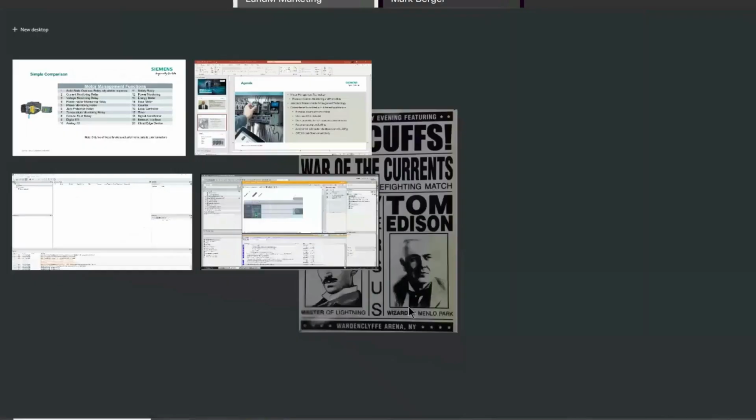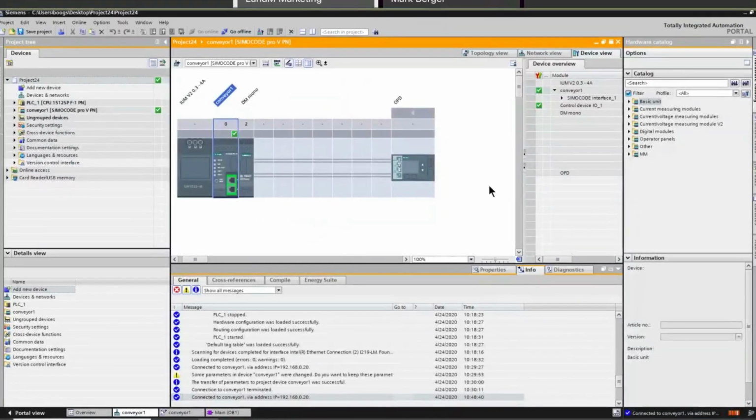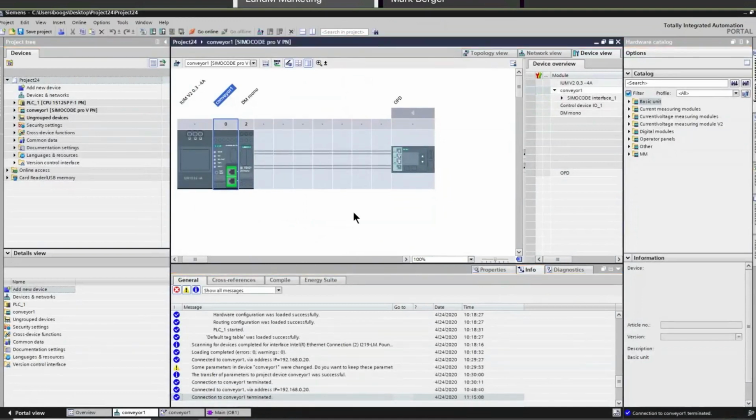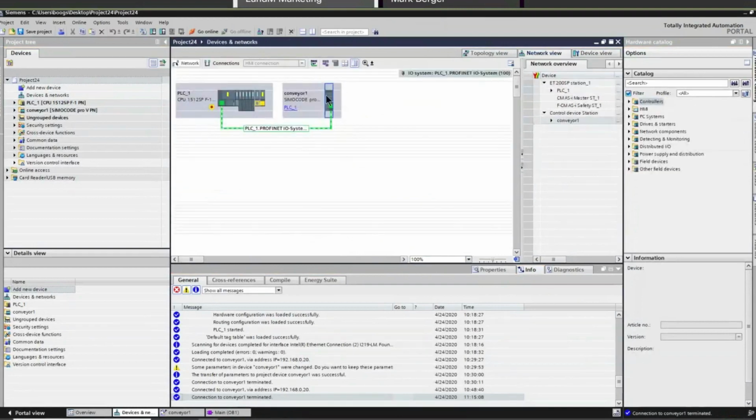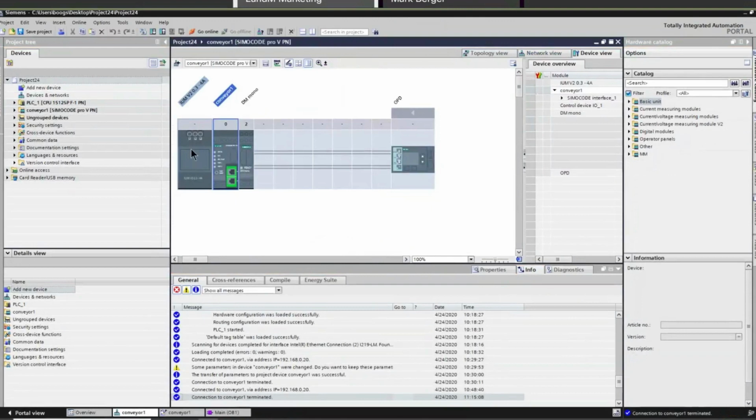Here's TIA Portal. And I have configured in the portal. This is the software that configures all of our PLCs with Siemens, configures our SIMOCODEs, configures our communications and so forth. And within here, for the SIMOCODE, I've got a current transducer, also voltage monitoring. I've got the basic unit of SIMOCODE. I've got a digital input addition module, which could be an analog or it could be the RTD to measure the temperature that I talked about. And then also I have an operator panel with it. The SIMOCODE comes standard with Profinet,